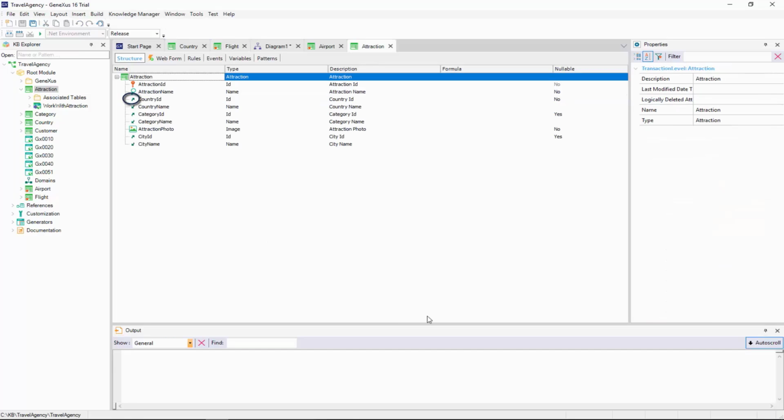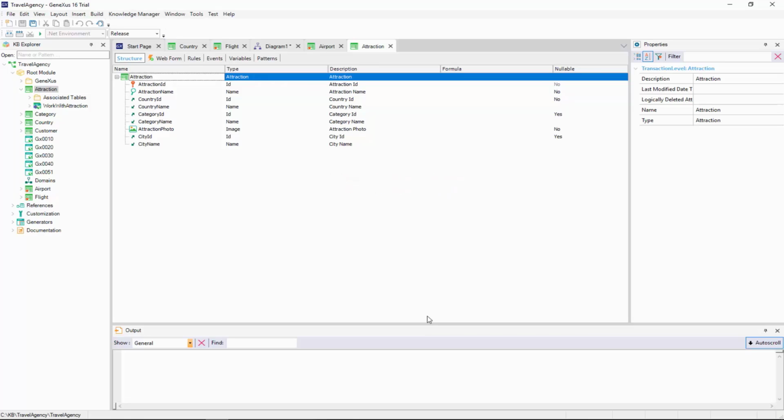In attraction, the country ID has an arrow pointing upwards, indicating that it is a foreign key attribute. But that is not the case of the flight departure airport ID attribute in the flight transaction. So, how can we get Genexus to relate different names to a single concept? We need flight departure airport ID, even with a name different from airport ID, to be considered as such.